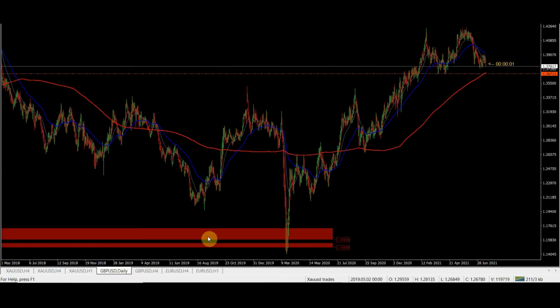So moving on to the GBPUSD. This is the daily time frame. As you can see, pretty nice bullish momentum, but over the previous week there has been a nice bearish decline here. We could see it's forming higher highs and higher lows, but here we could see that these 2 highs are almost on the same level. I think these are the same price region, right? Yes, they're on the same price region.